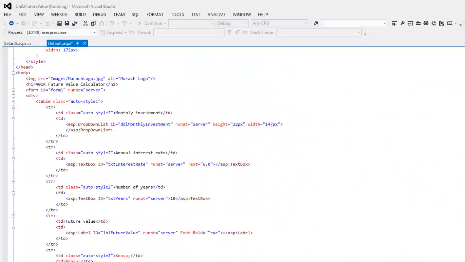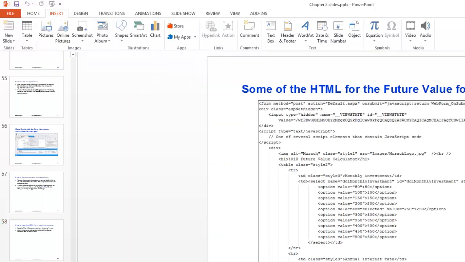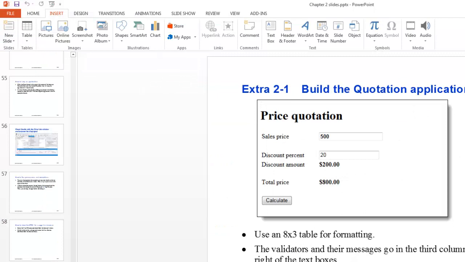Okay, so I wanted to show you some of the HTML. There's a quotation application I believe they talk about in the book. If you want to go through that, then that would be a good thing to practice with. You can look at the back. Make sure you look over the